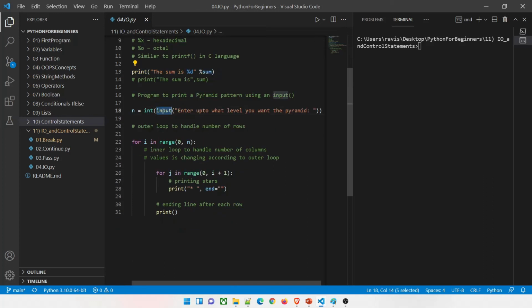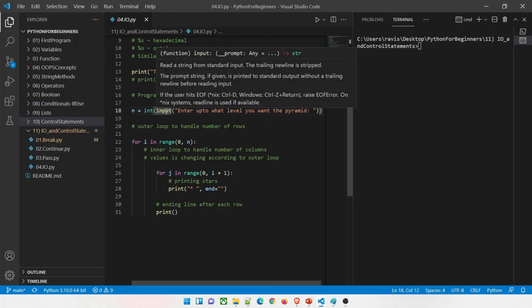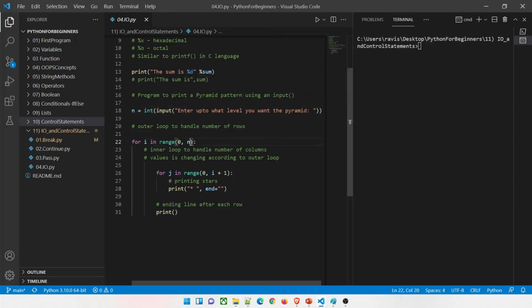Okay, now I'm using input again and I'm taking that value in n. Now it will say enter up to what level of pyramid you want. If you remember in the last video, if you have not seen the last video, please go back and see that video to check it out. Now in that input, if I give 4, this will take n as 4. I'm going to put 4 over here, and this is the loop again. If i is 0 over here, it will run range(i + 1), j is i + 1. So what it will do is, if it's 0 over here, it will go till 1, so it will print 1 star. If it is 1, then it will be 1 plus 1 equal to 2. It will run 2 times, 2 stars, and so on.